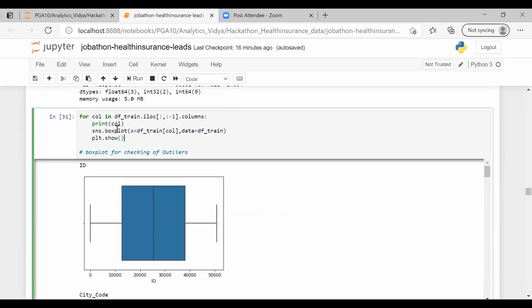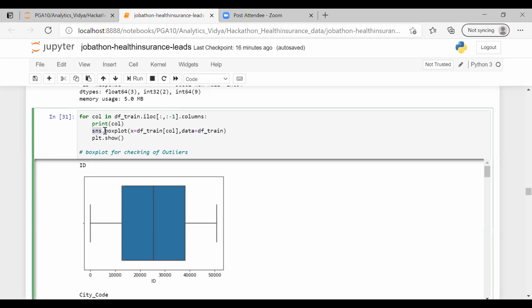Firstly, I'm checking here with a box plot. This is a normal for loop: for column in df.iloc. iloc is used because I don't want my target to be treated for outliers. So I'm saying :-1, remove the last column, that was my target column. From columns, I want to print the column, like I'm getting here ID.